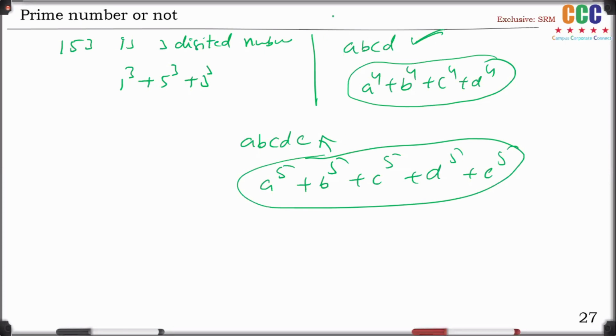Then what is your logic for this? Okay, what should be your logic?